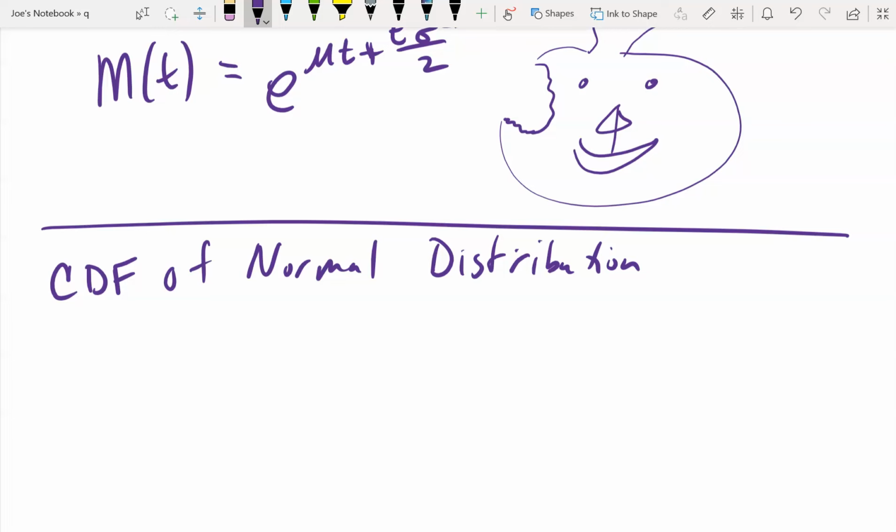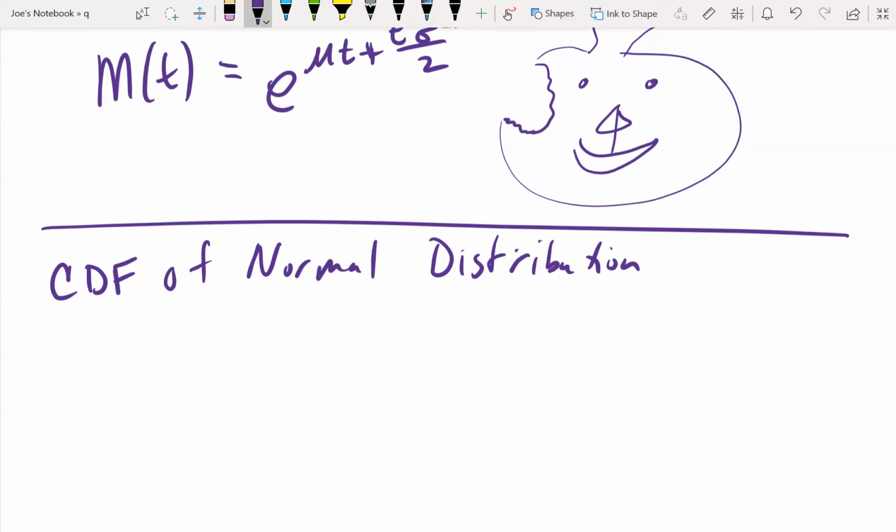When we're doing problems with the normal distribution, which is a continuous random variable, we typically want to know if an observation is less than a value, greater than a value, or in between two values, right? If we have the CDF, we know the CDF talks about the probability up until a certain point, correct?